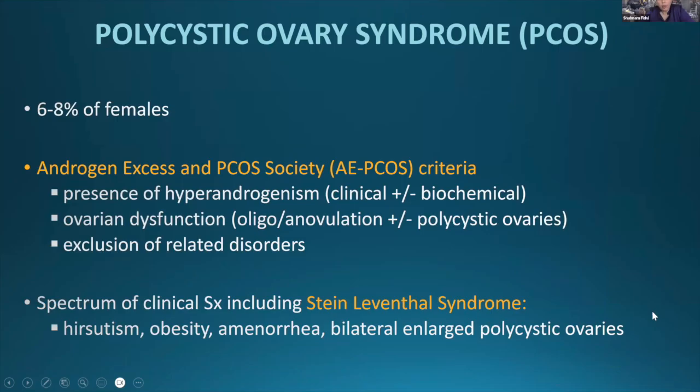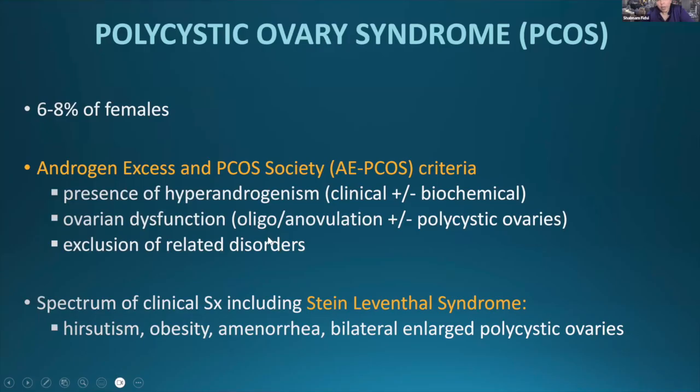All right, let's talk about polycystic ovarian syndrome. It affects about 6 to 8% of female patients. Now, to establish a diagnosis of PCOS, there's certain criteria that have to be met by this society. It's called the AE-PCOS. So these include the presence of hyperandrogenism, with clinical and/or biochemical markers,